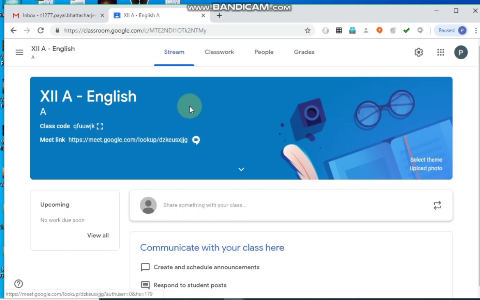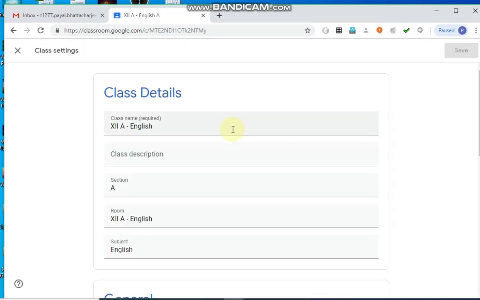Now let's see how to edit. Suppose you want to edit this particular class. Suppose you don't want this hyphen. So what you will do, go to the settings. This will open. Just remove this.